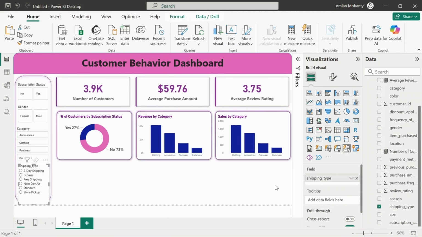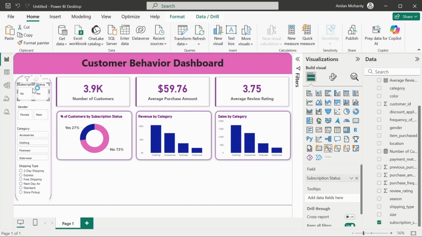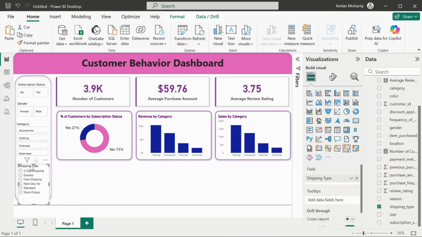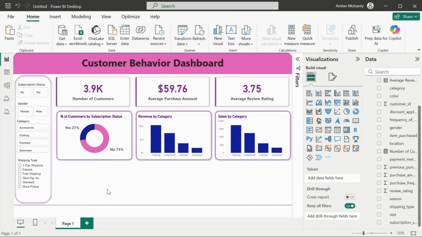Let's just adjust this accordingly. And maybe we can reduce the size of these so that shipping type can fit. Yeah, now it fits. Now we have enough space at the bottom to create two more charts. There are a lot of beautiful charts that we can create right now, but I would still like to focus